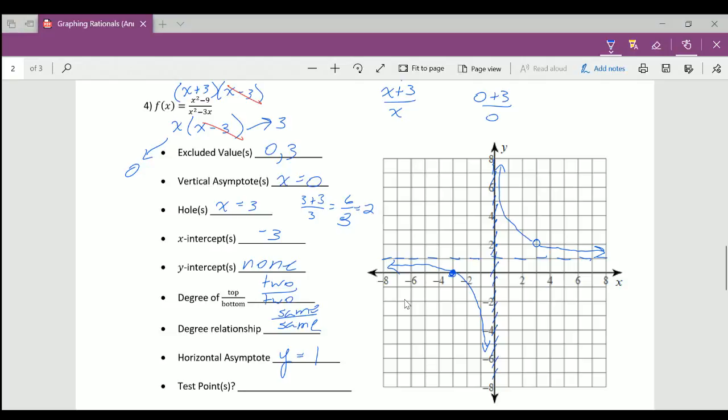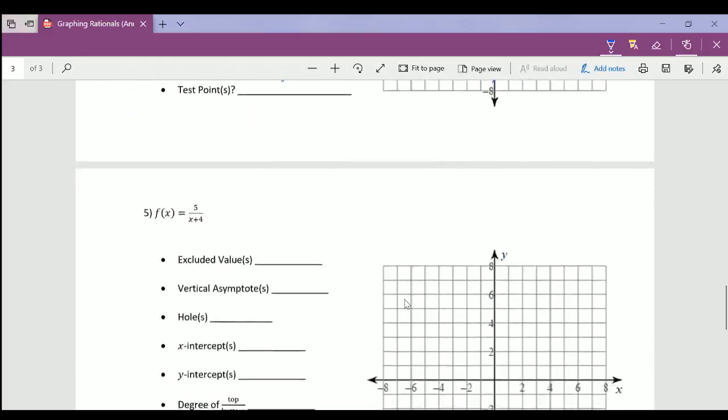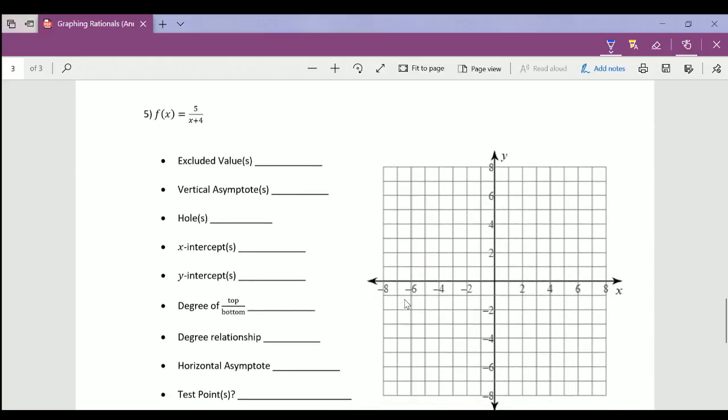Okay. All right, let's keep going. I'm trying to give one of every type of scenario that I could think of that you'd have to be worried about. Okay, so this one here, there's nothing to factor. In fact, there's no x on the top at all. So the bottom here